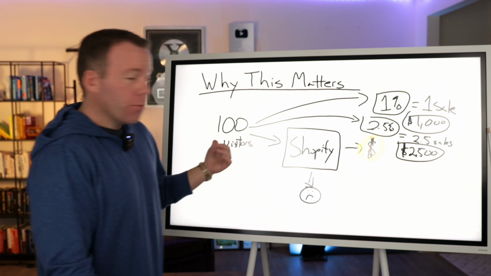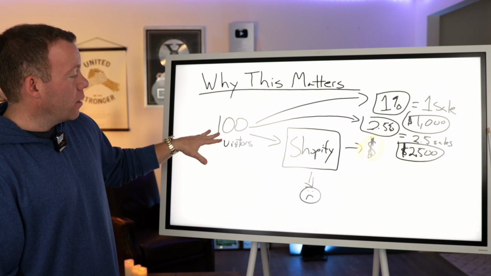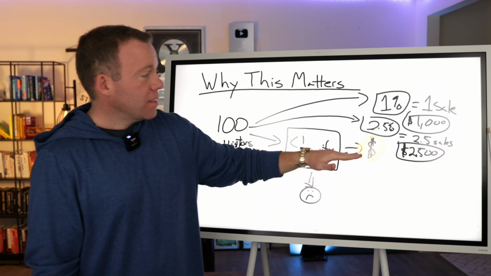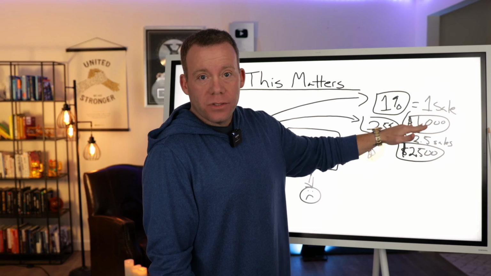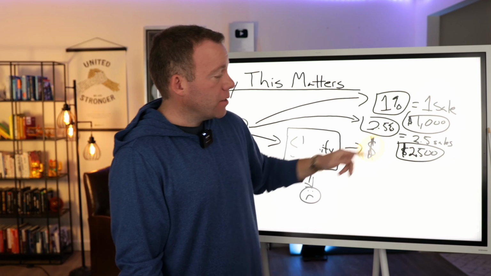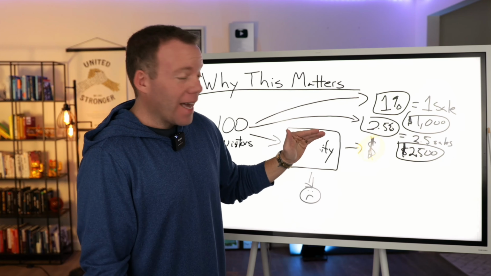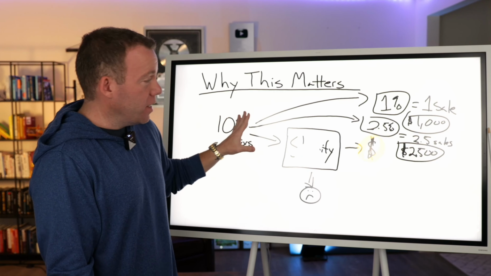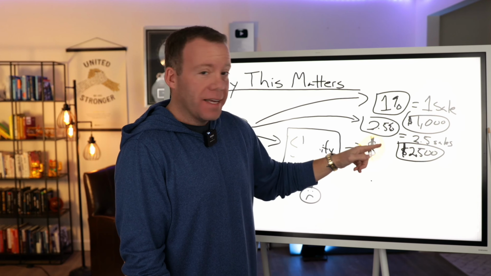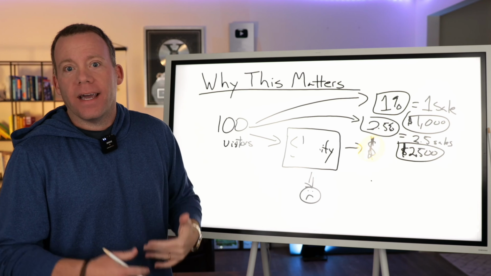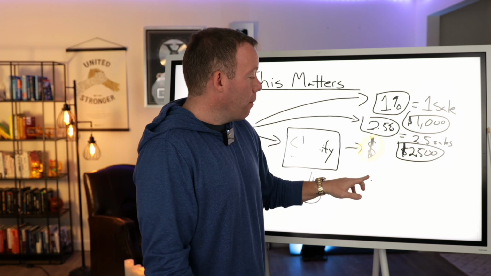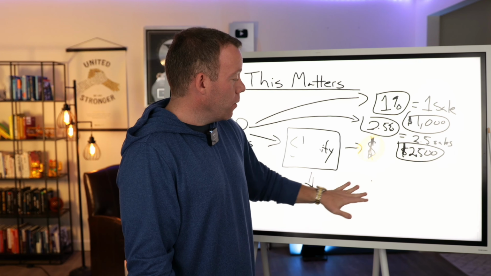Let's say this was a daily occurrence. On average, you had 100 website visitors. If you had that 1% conversion rate for the lifetime of your business, you would consistently do $1,000 in sales. But if you focus on the 10 things I'm about to share with you, and you get that to 2.5%, the same traffic, and again, we're not spending more on ads, we're not getting fancy, we could have an extra $1,500 every single day in sales. That adds up day after day, week after week, month after month, year after year, and becomes obviously a much healthier and much more profitable business.